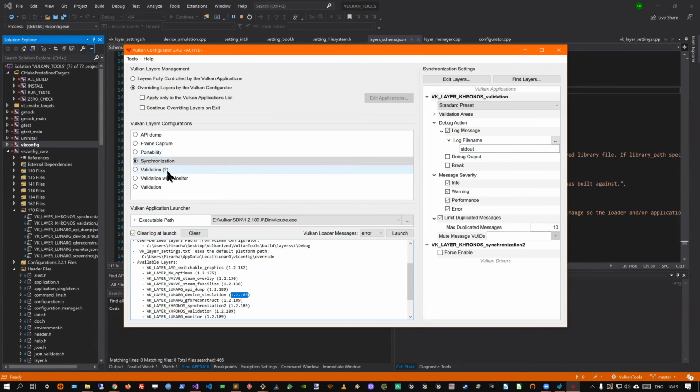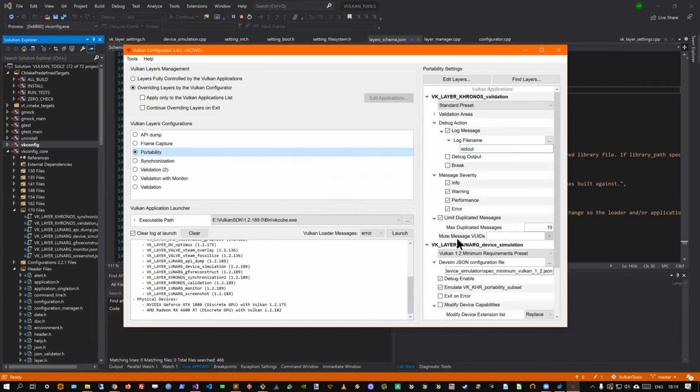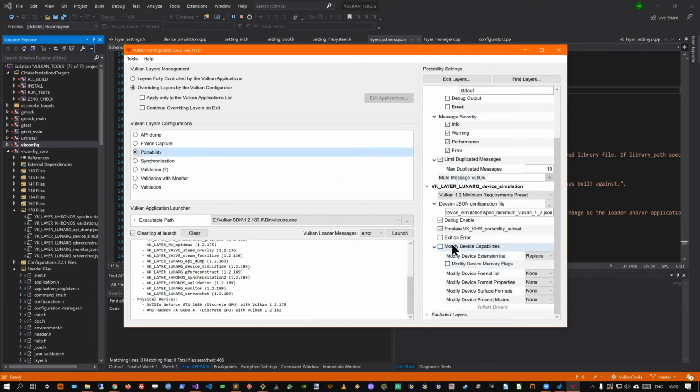But if we open the portability configuration, we will see we created our new settings. If I set these settings, this is maybe not the behavior I was expecting. So we are going to further modify the file.